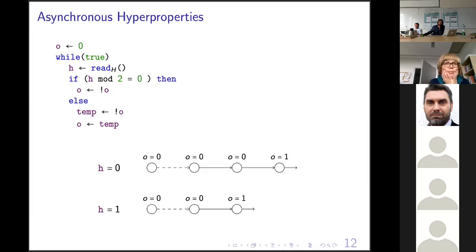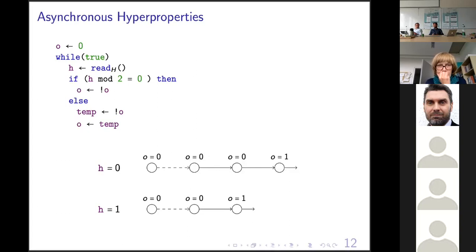And if we consider this program, and for instance, we consider two traces, one where the read input is 0 and one where it's 1, we observe that the point of time where the output changes is offset. Namely, if the secret that we read is 0, we flip one step later. So synchronous formulations of, for instance, observational determinism do not hold on this system. But in fact, one could argue that because the attacker does not know the exact architecture that our program runs on, this program should still be secure.